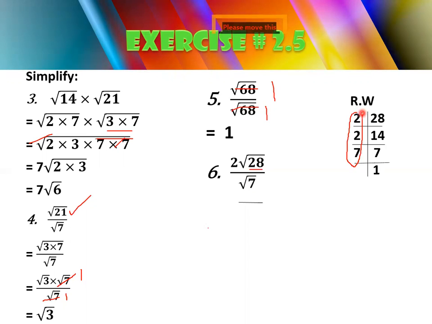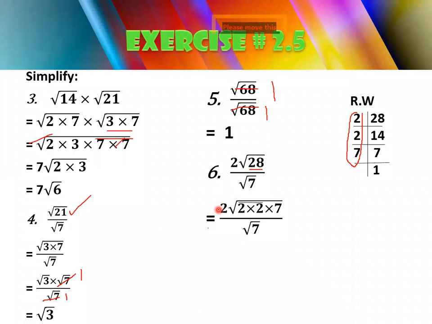So you are going to write the factors of 28 inside the radical symbol, and then you will make a pair of these two 2s. Why 2? Because they are the same numbers. Now you are going to take this 2 out, but as you can see here, before this radical symbol there is another 2. So when you take this 2 out, it will be multiplied with the number written outside the radical symbol.